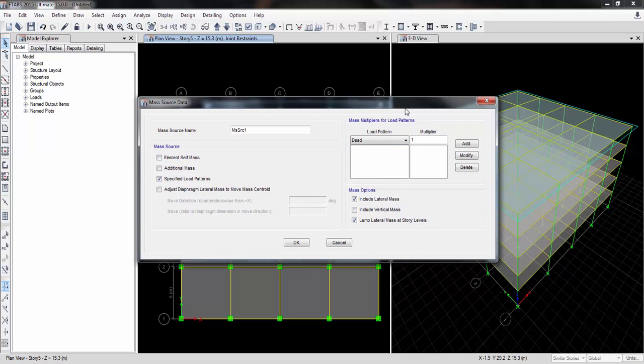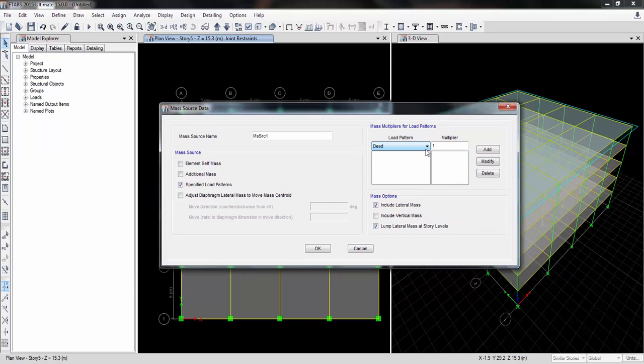I'm going to give it as one for dead load, and live load is 0.25